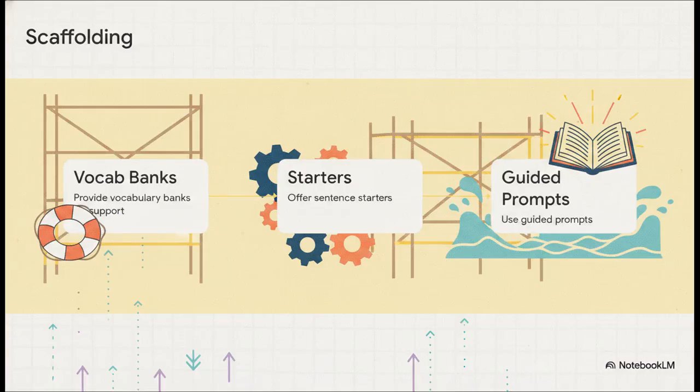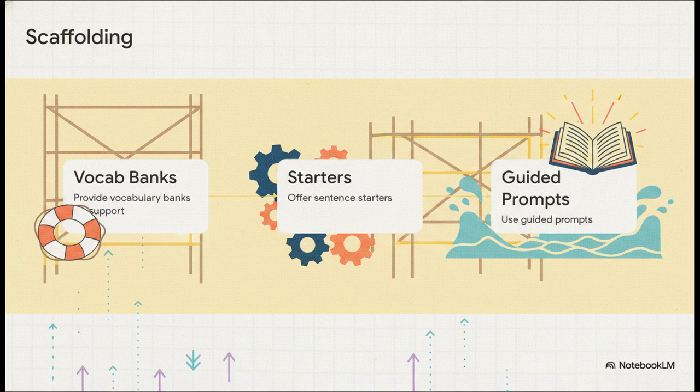Now, don't get me wrong here. Prioritizing fluency definitely does not mean we just throw our students into the deep end without a life vest. Not at all. This brings us right to Lev Vygotsky's concept of the zone of proximal development. We have to provide scaffolding so adults feel safe enough to tackle challenging tasks.